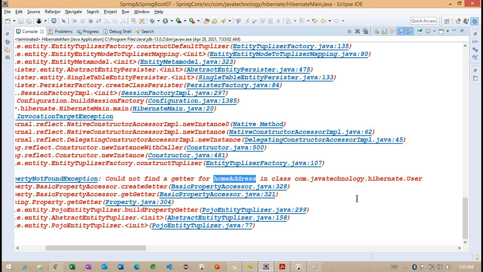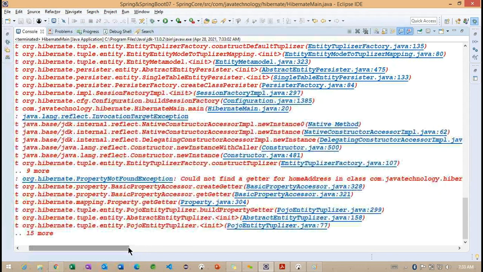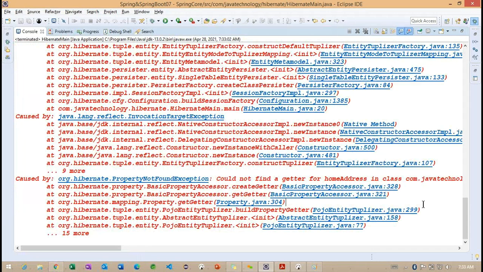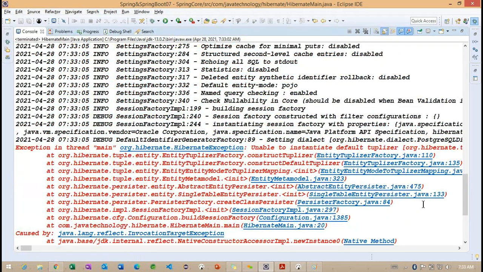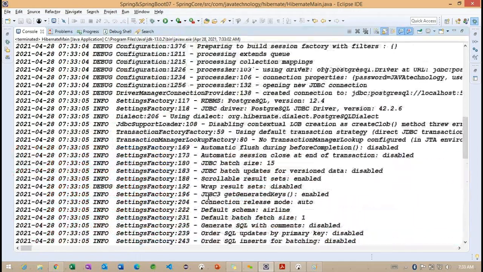So now we can see, so what is error we are getting here? So we are getting home address. Getting the point. So this particular getter is not found in the particular model class called user. So now what you are understanding here? We need to provide the getter information of this particular home address. So how to provide this particular home address?